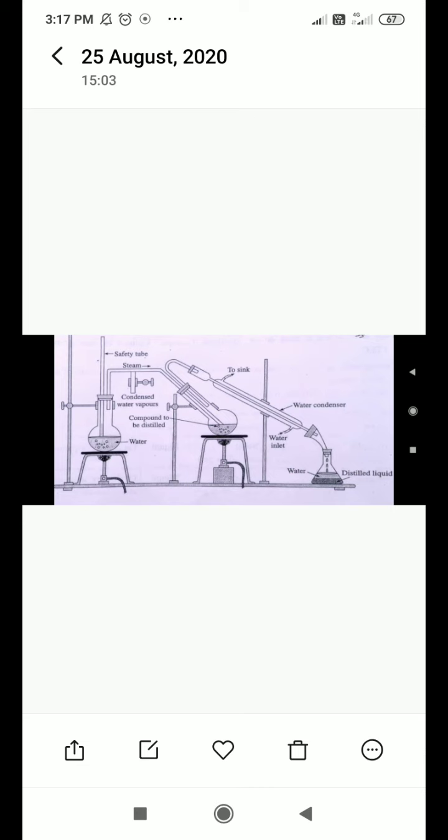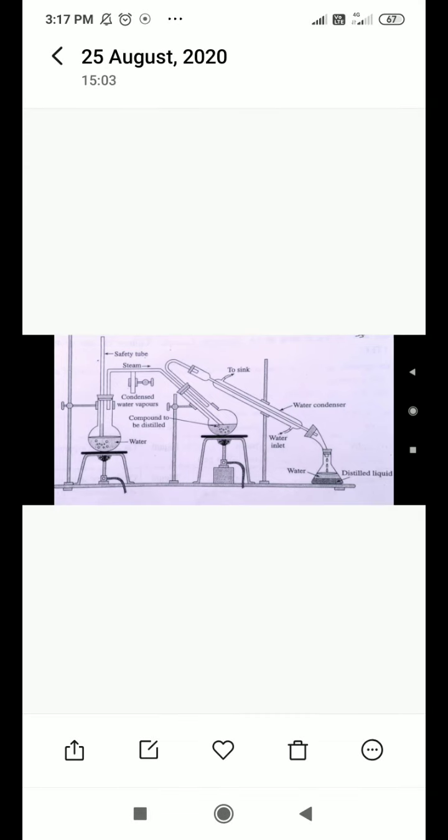Okay, but compound A plus a small amount of water vapors is also received in that collector or receiver. After that, we have to separate it out; the distilled liquid in the collector or receiver has to be separated. How to separate that mixture? We have to separate through the decantation process or a separating funnel. Okay, how to separate with a separating funnel?